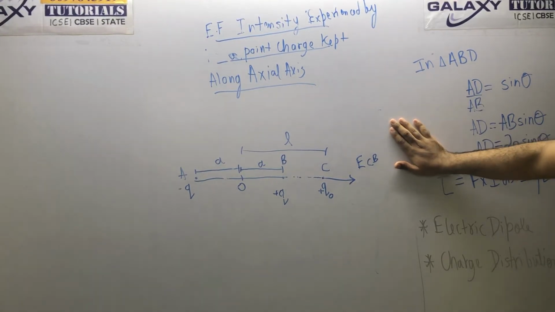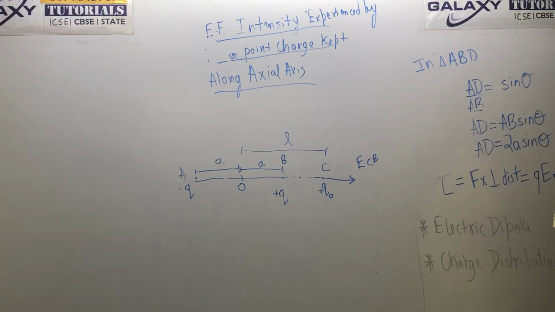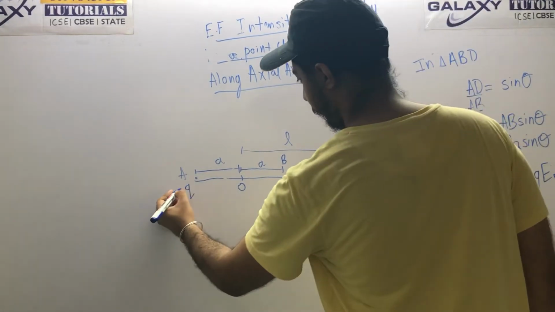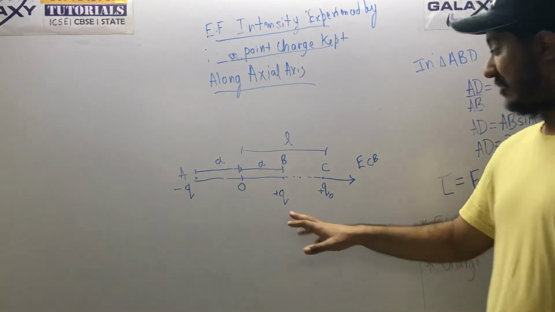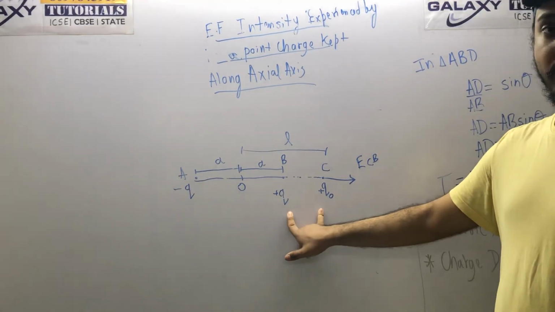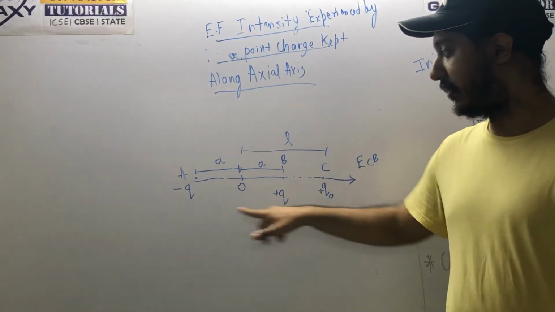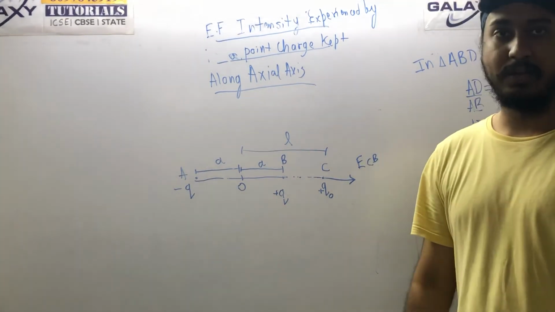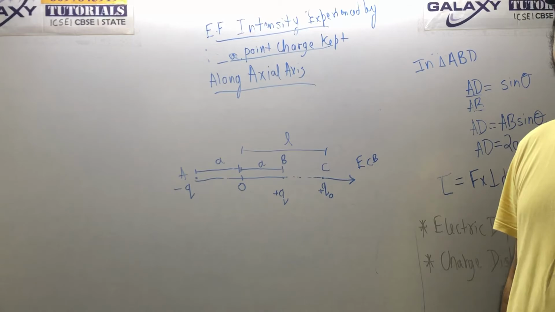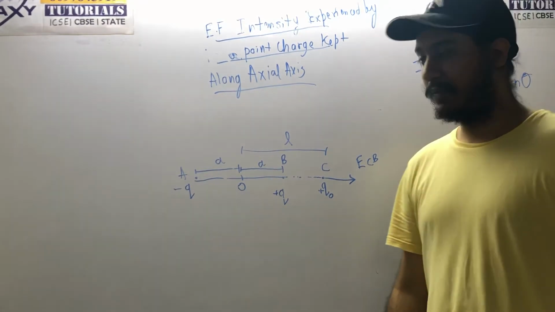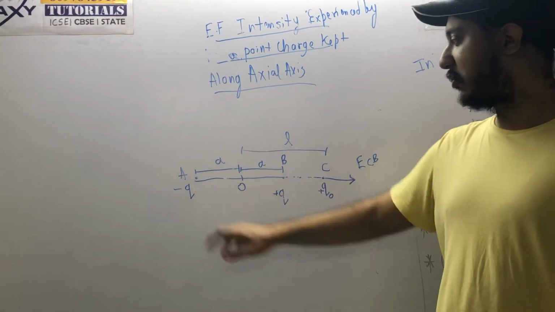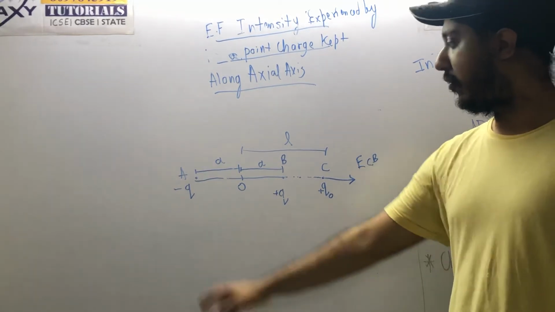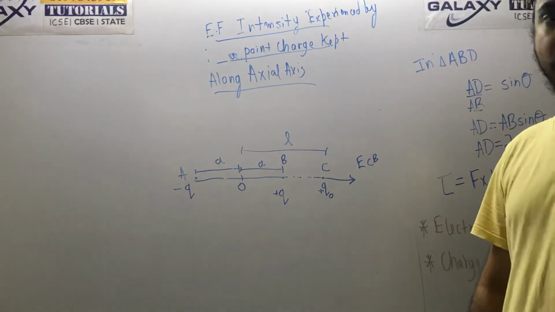Okay, now that was about this plus q charge. Now let's look at this minus q charge. Important thing to note here is that this charge plus q is closer and this one, minus q, is a little bit further. Okay, and both are of same magnitude. This is a very important thing that I told you, important when we solve it further. So what will this minus q do? It will push it or attract it. It will attract it because this is negative charge, this is positive charge.